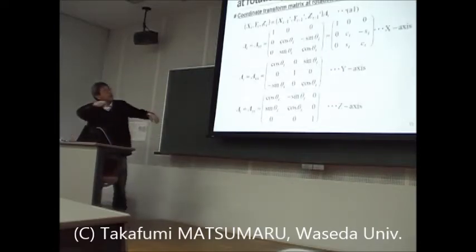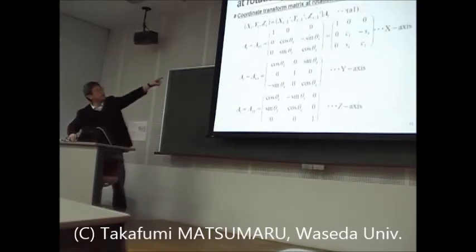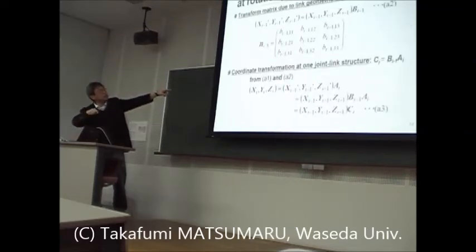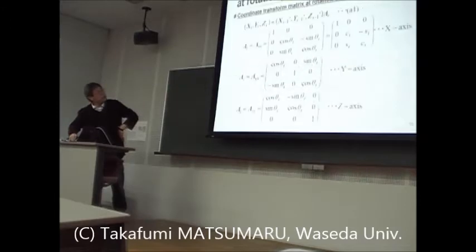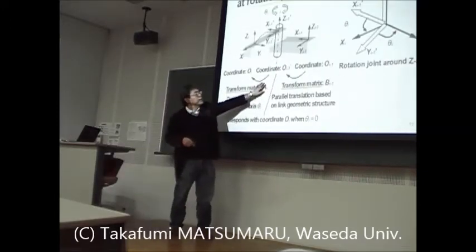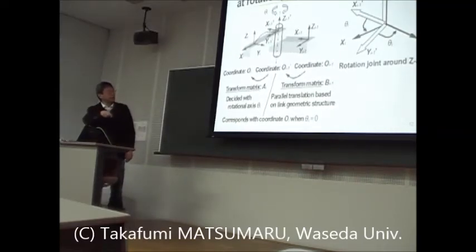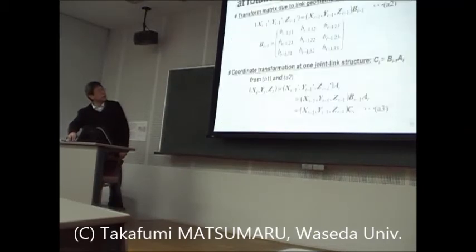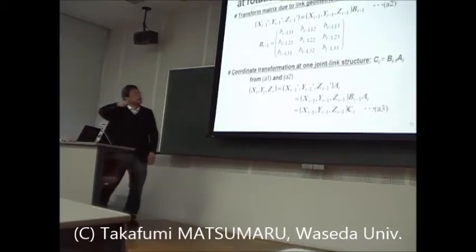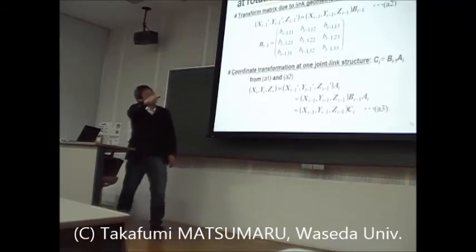Yes, this is a matrix. Here is the rotation part, A. And the next page shows the B parallel transformation part. So it means the rotation part is A and the translation part is B. And the mixed part from A to B is called C here. The combination, the integrated 3 by 3 matrix of A and B, is C, the coordinate transformation at one joint link. Okay. But the B part, the transformation part, when the theta,